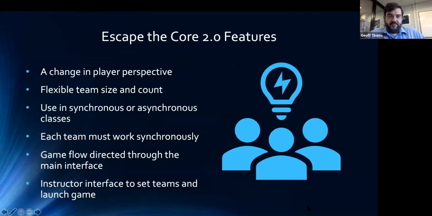So we launched, I say we launched, we have been preparing Escape the Core version 2.0, and this new version of the game places players in a totally different perspective. So our players are no longer traversing through the Arctic Research Station themselves.